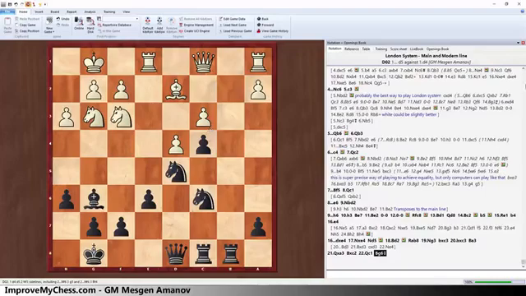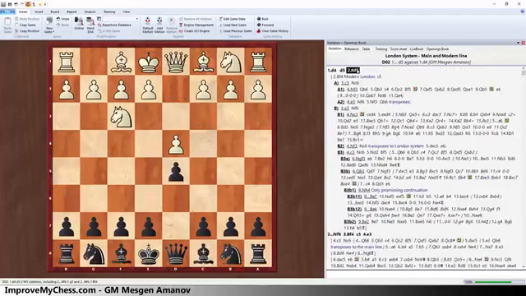There's so much stuff with these different Londons people try to play, you know, with this e6, I don't understand why, with the bishop f5, I don't understand why. It's so much better to play c5, and black is just either at least equal or better. So that's how we do it, and we only have now how to play against the Torre attack and against Kohler's system,